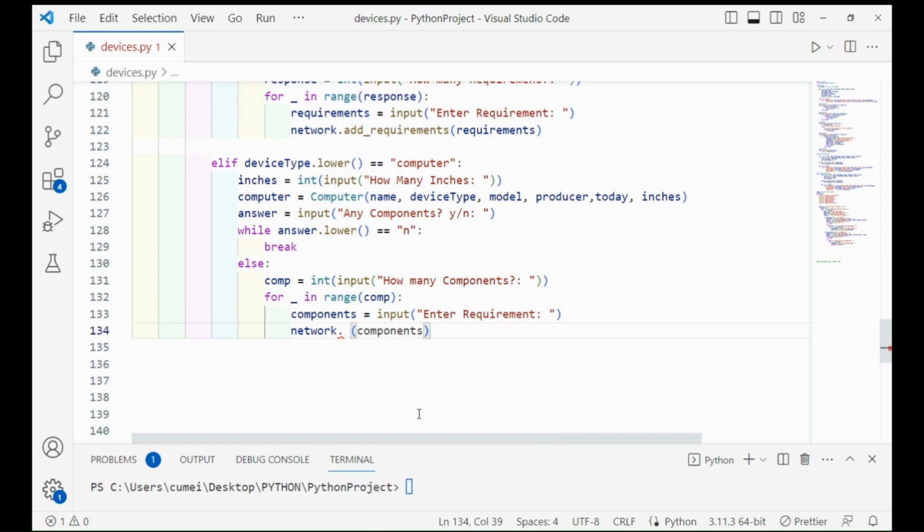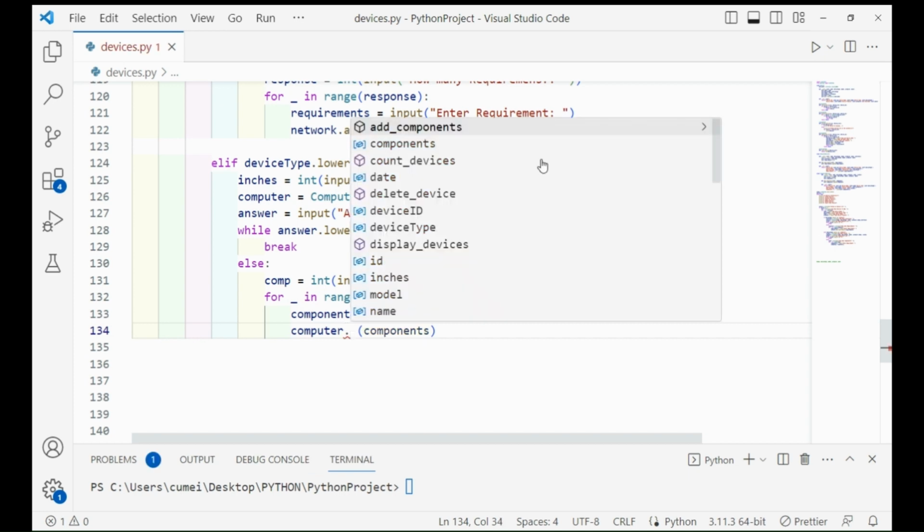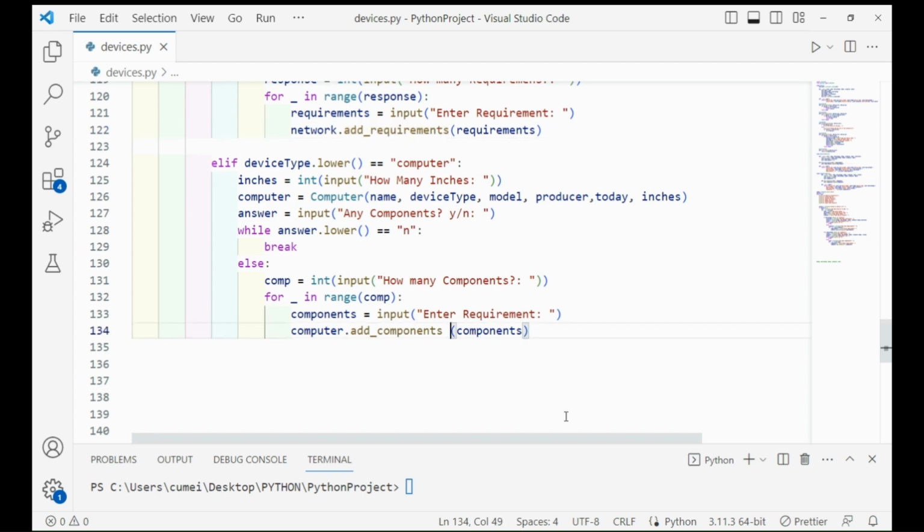Oh, this is computer, not network, because this is the object we created here. So it should be computer because we are under computer, not network. Computer dot add components. Yeah, there you go. So now we add these components as the user created. We add it to this object that we created here. So once it's added,